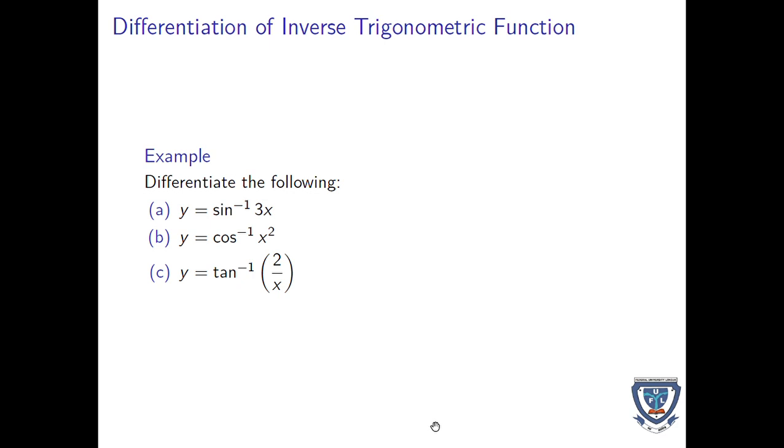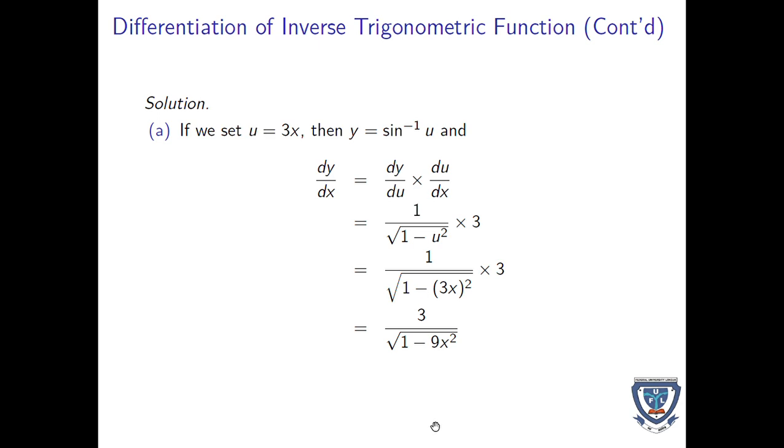Differentiate the following. y equal to arcsine 3x. And for B, you have y equal to arcsine x squared. And the third one is y equal to arctan 2 over x. So solution, if we set u equal to 3x, then y will be arcsine u. And again, you apply the chain rule, you are going to get 3 over square root of 1 minus 9x